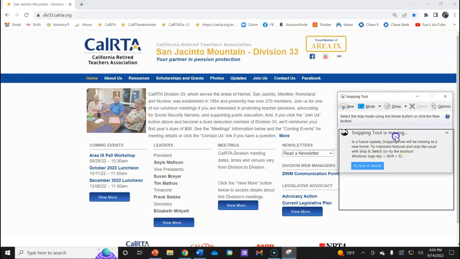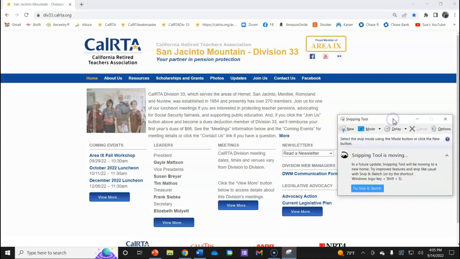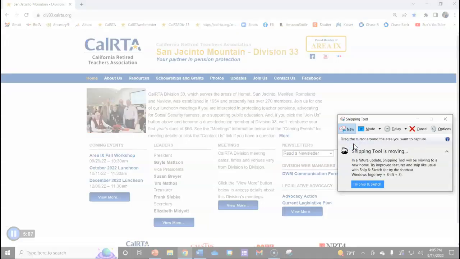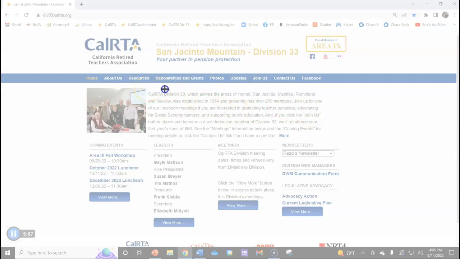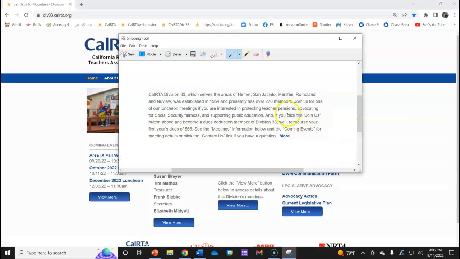Now remember, I can move this anywhere I want to simply by holding down my mouse or my cursor and moving it. I'm okay with it here. So I'm going to click on Mode, go to Rectangular Snip. The screen gets kind of blurry or gray or milky white, and I'm going to select my text. So I have my text here. I'm going to click File,